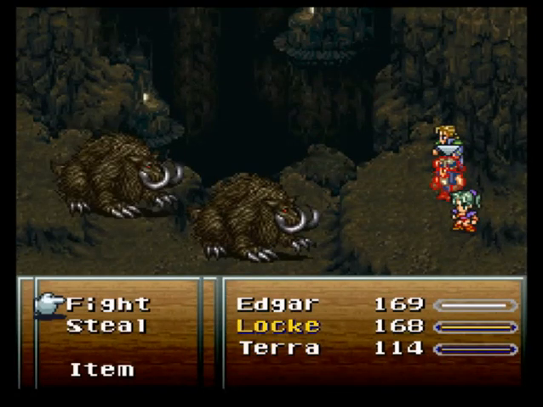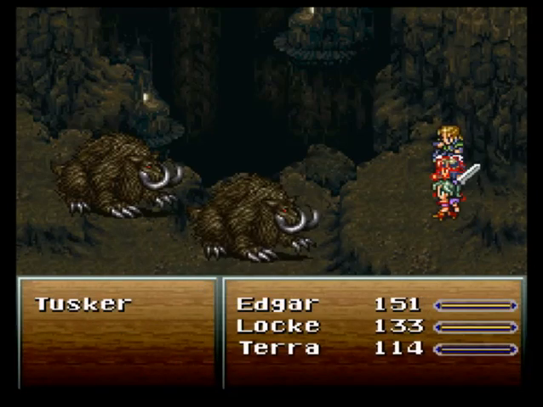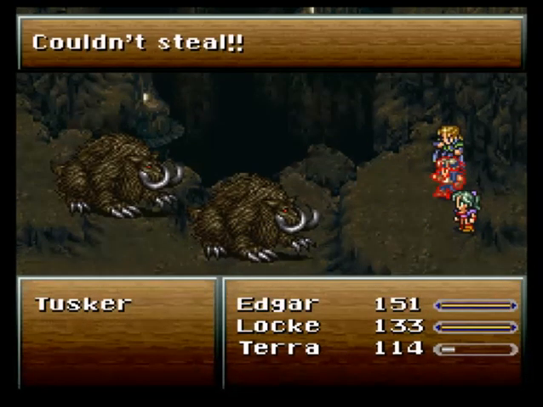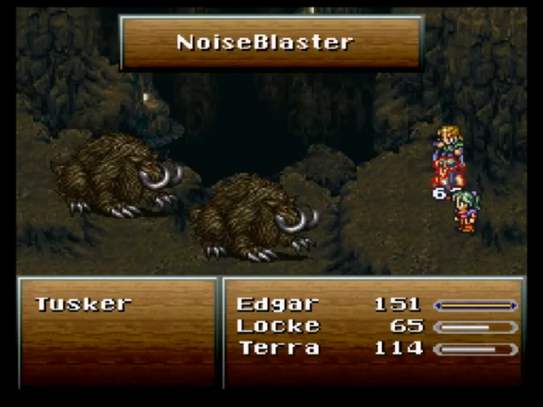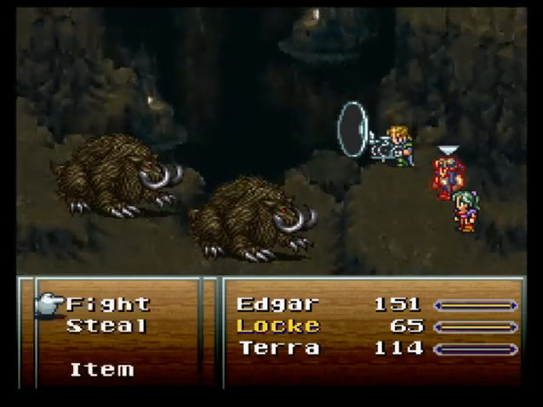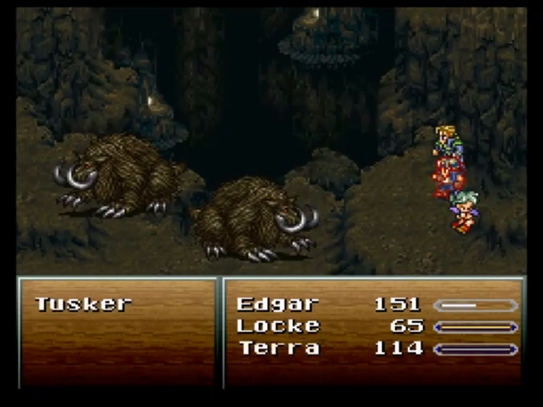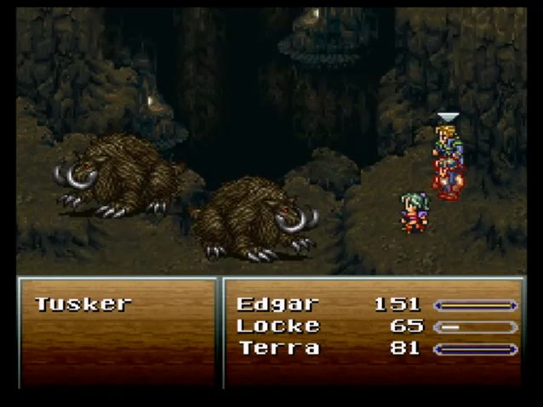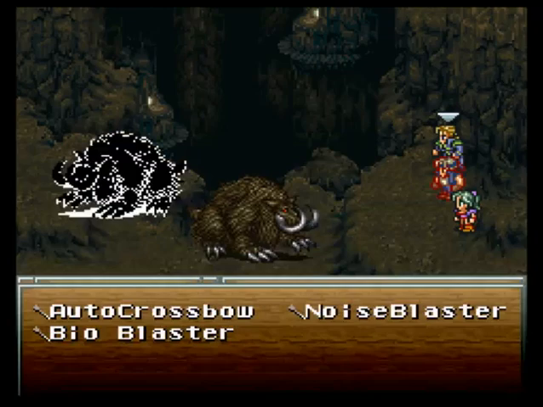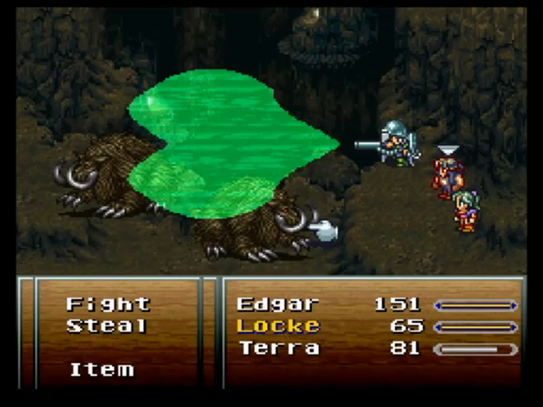Okay, these are the dudes that, like, suck. I think they cast Blizzard. Couldn't steal. Come on. Oh, he uses Gore instead, which hurts. No big deal. Figures. Stole tonic. I don't know why I care so much about stealing. I think it's more of just that it's a waste of a turn to do anything else with Locke right now, but...